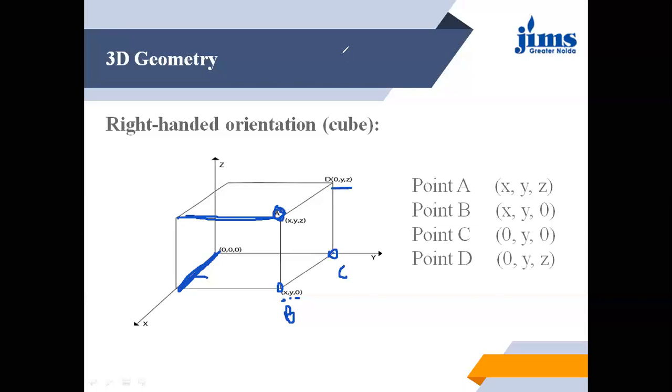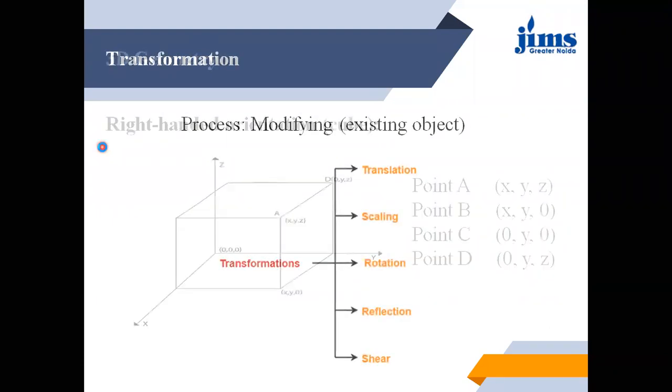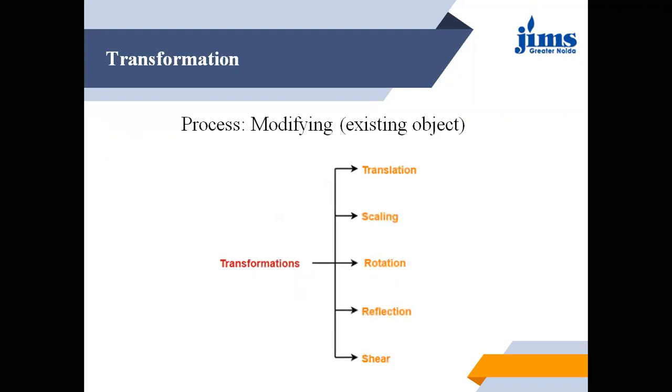I will try to make it more clear by drawing another example, because first of all we should know how we can find out the values of different points. So now I will try to draw this by using an object in a different way. Suppose this is